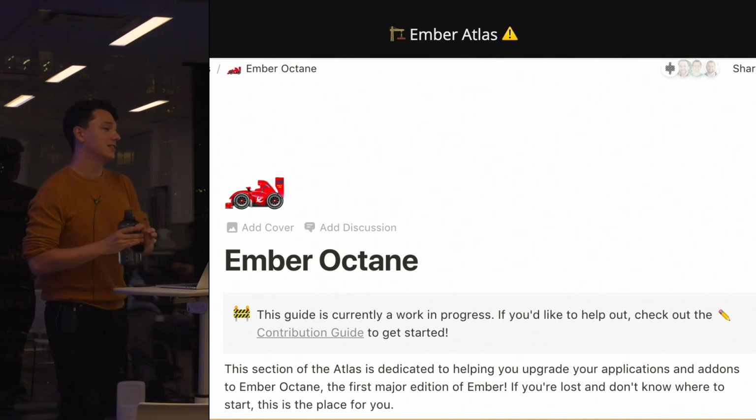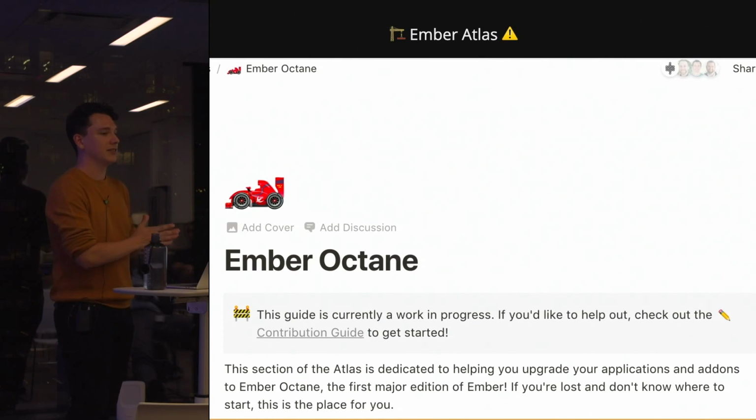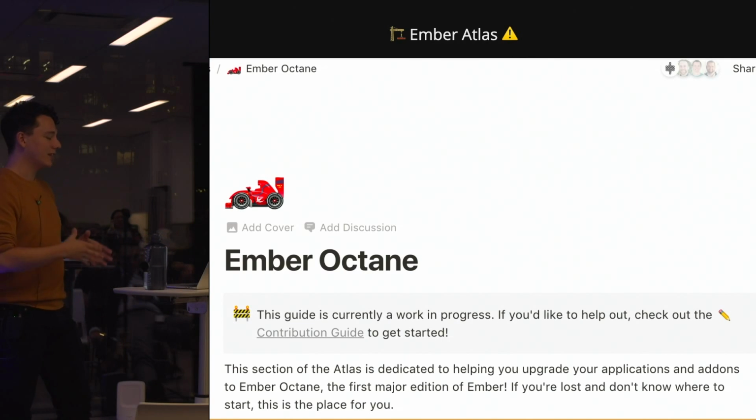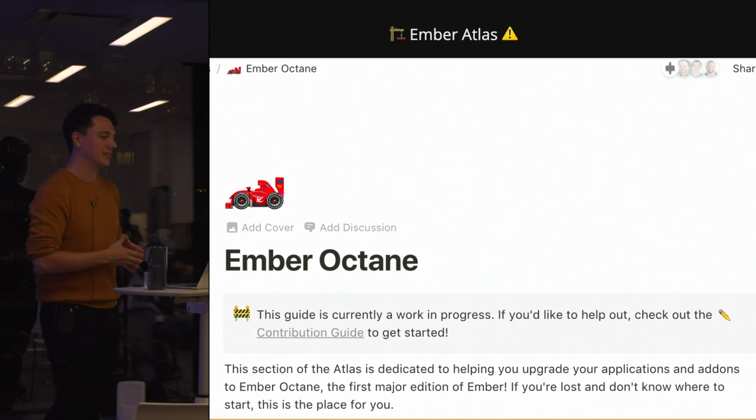The Ember Atlas. So the goal here is to capture, like, it's a bit of a wiki that I've been working on with a few other community members. And really the goal is to capture as much information as possible. Especially the last time we went through these kinds of transitions,